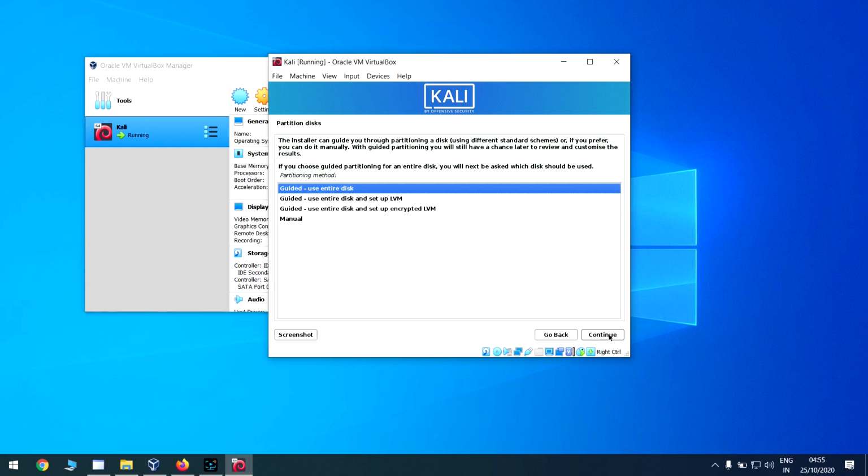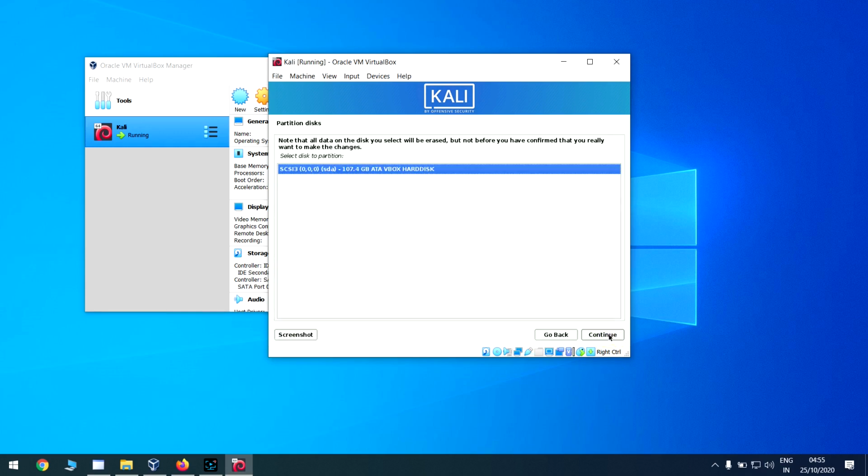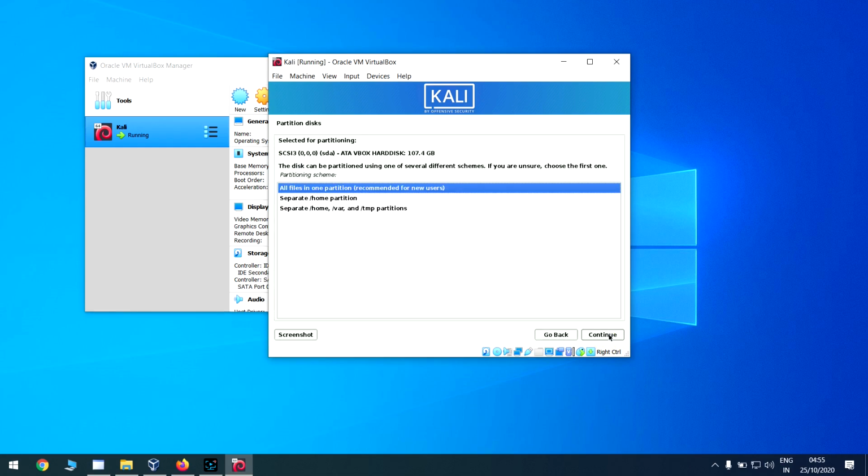Click continue. Again click continue. Yes, let it be default, all files in one partition. If you want to separate it, you can go for the different options available, but for now I will go for all files in one partition. Click continue.